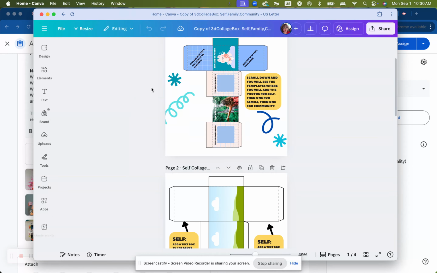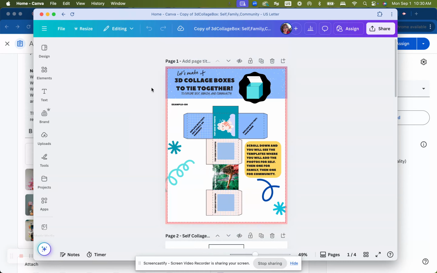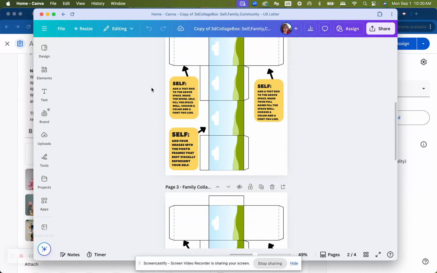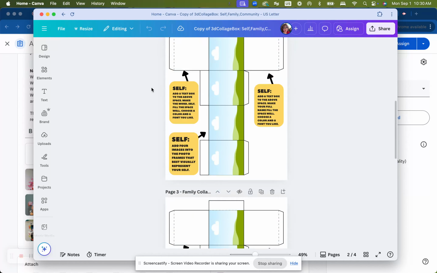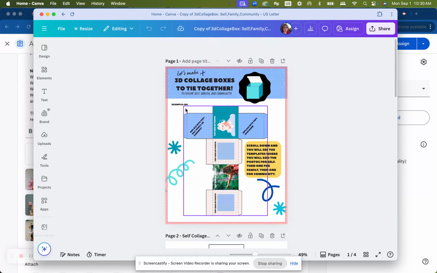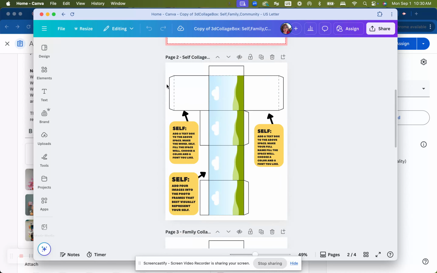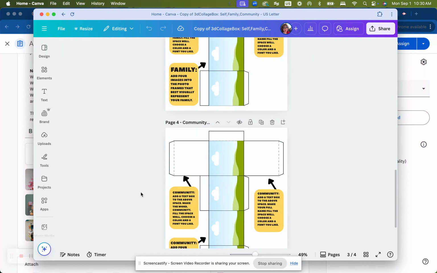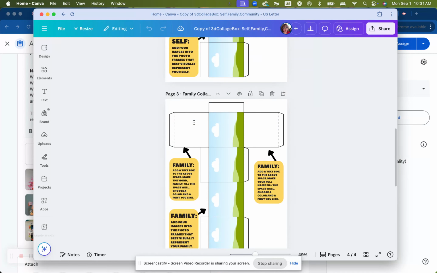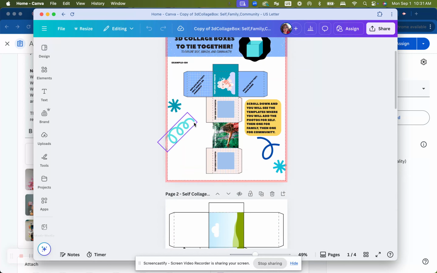And here you will see the template. In Canva, you can have multiple pages within the same document. So if you scroll down, you'll see I have an introduction page here. If you scroll down, this page is titled Self Collage Cube. This one is Family Collage Cube. And this last one following along is Community Collage Cube. You can see at the end,